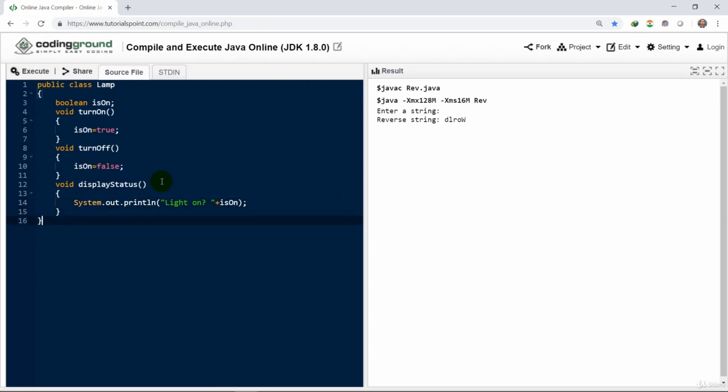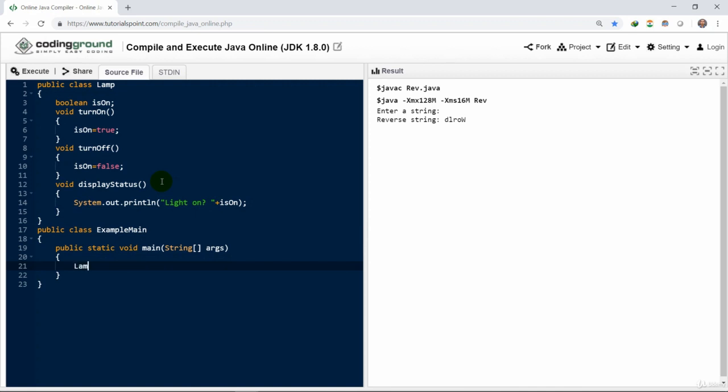And now let us create the main class, from where we create a main method that would call the methods in the class Lamp. Here we have the main class as Example Main. You can also create two different files for the two classes, but you have to compile them to class files. The first is a Lamp file and the second is the Main file. Or you can always write in the same program.